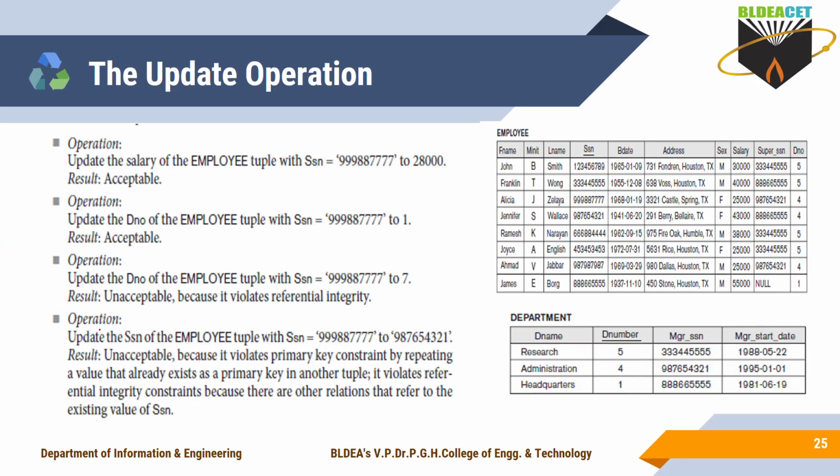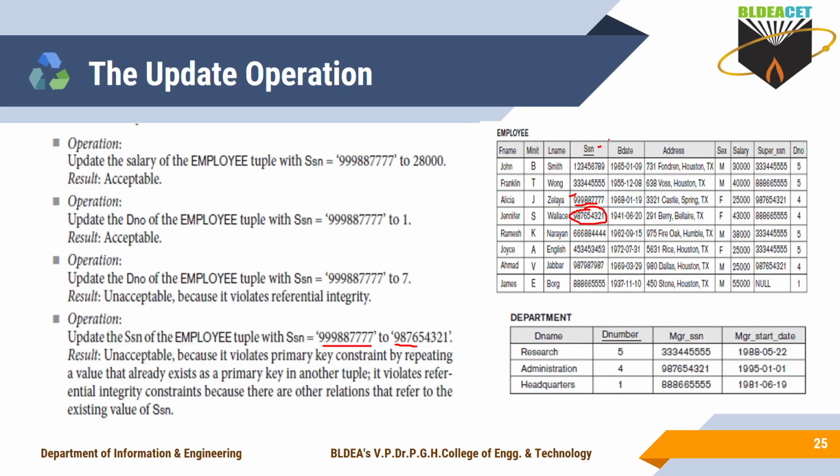And one more. Now I want to update the SSN where earlier I had the SSN as 99988. Now I want to update it with the new SSN 9876. Earlier I had 999, now I want to update that with the new value 9876. Is it possible? If I update, then for this also I'll get the same SSN number, and for this also I'll get the same SSN number. Is it correct?